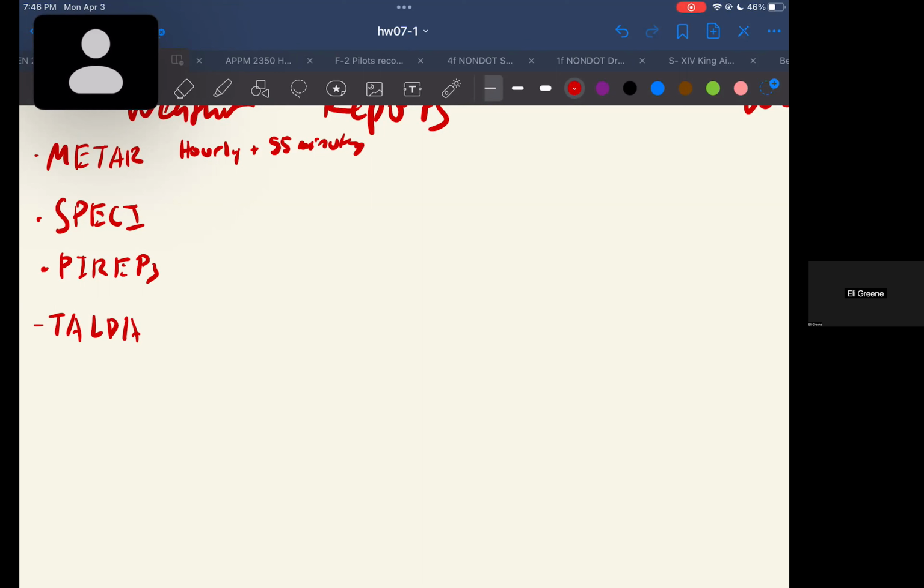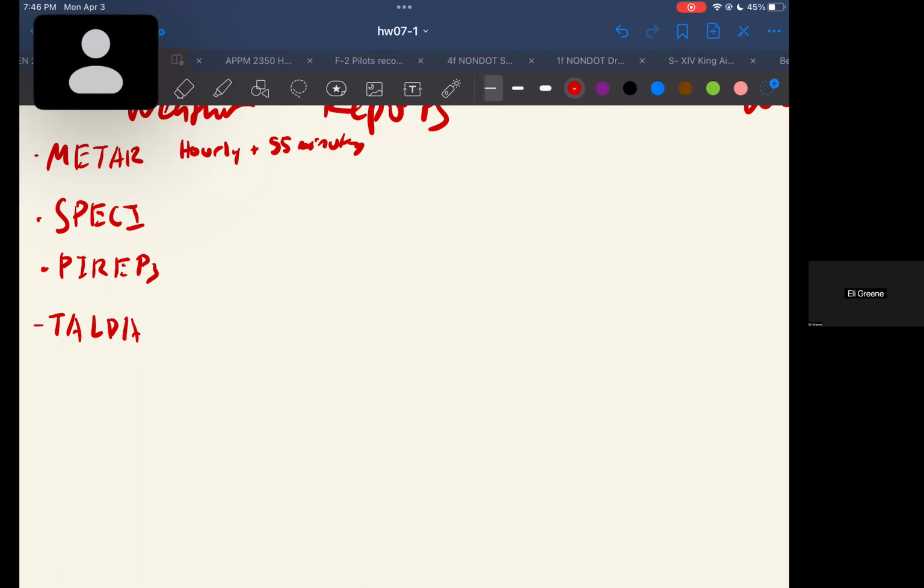Then we have temperatures. It's 10 degrees is the temperature, and -2 degrees is the dew point. So that's the temp dew point thing. And then here you have an altimeter setting. Altimeter 29.38 would be the altimeter setting. And then they have remarks